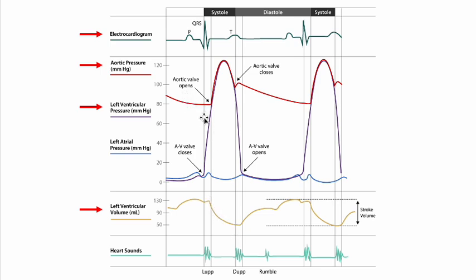And again, that valve opens because of the increased pressure, right? The pressure in the left ventricle has now exceeded the pressure in the aorta, such that the aortic valve is able to open. The valve opens, blood rushes from high pressure to low pressure into the aorta, and the volume decreases, right? So the volume begins to drop. It continues to contract, right, the ventricle. So the pressure in the aorta begins to increase as well because the blood is continuously flowing into the aorta. So again, the volume in the ventricle continues to drop until you get up to this peak,